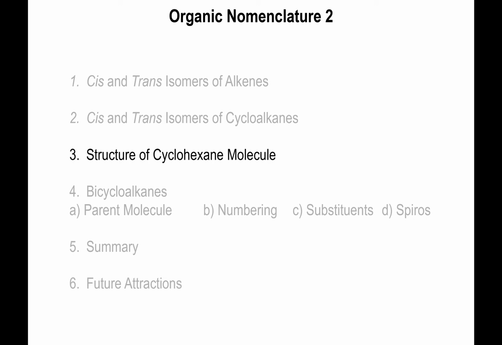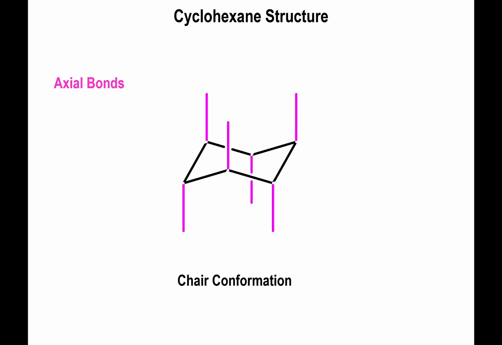All right, so let's take a look at the structure of cyclohexane one more time. This time we're going to look at every single carbon along the cyclohexane chain. And the idea is that we basically can start anywhere we want on the ring, but from that point forward, you have to keep everything consistent. So we'll try to make a few things clear so that you have a concise way of drawing these 3D structures. So first things first, when you have your chair configuration,